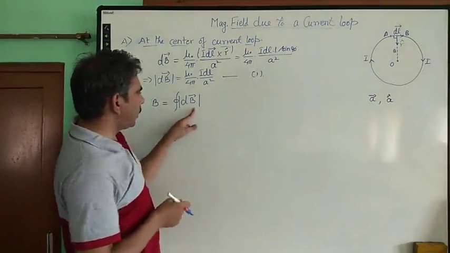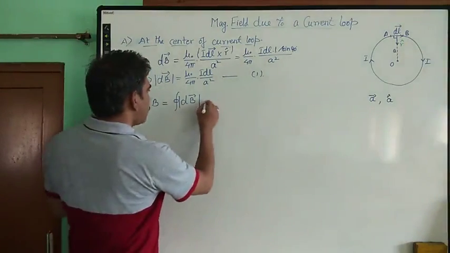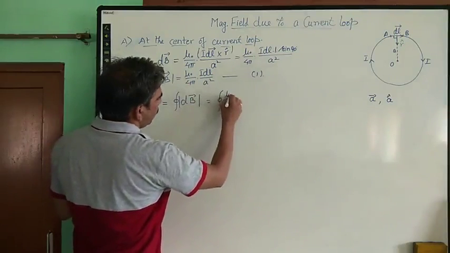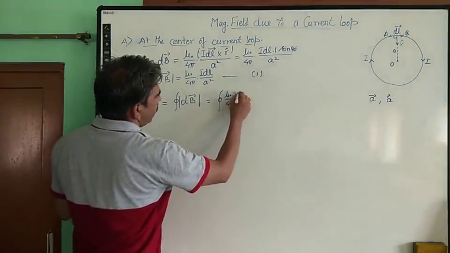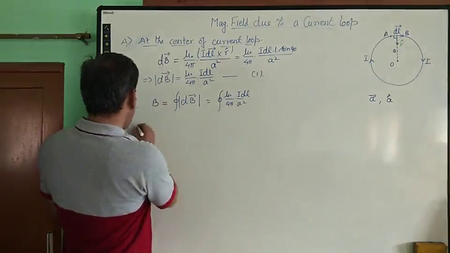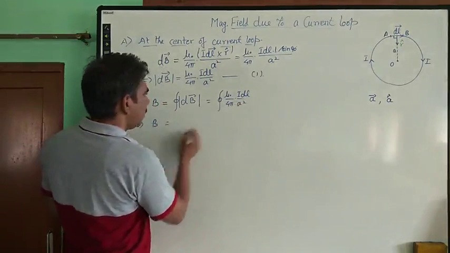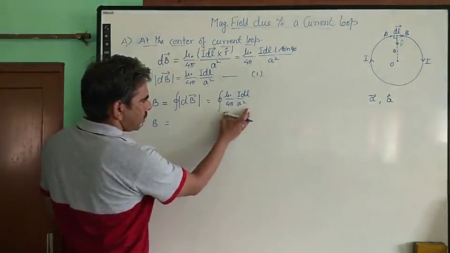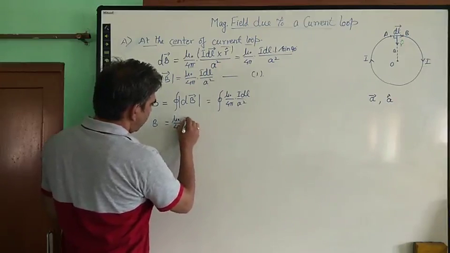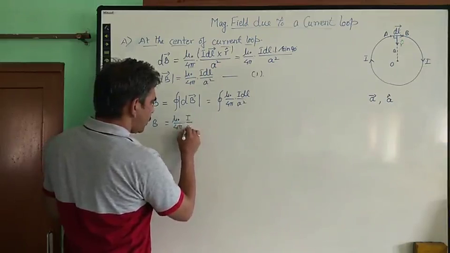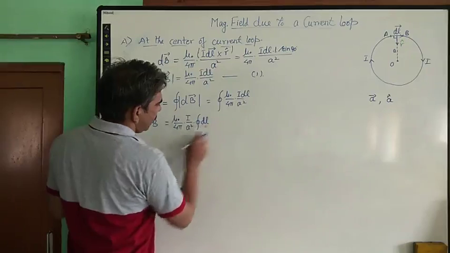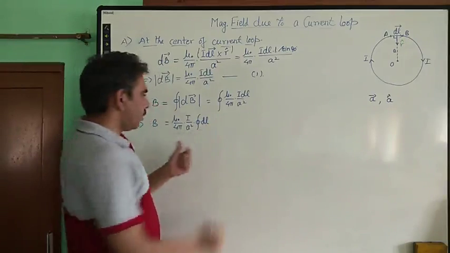So this is the closed line integral of this magnetic field. So this is equal to the closed line integral of, what is the value of dB? It is mu naught upon 4 pi into I dl upon A square. So this simply gives us everything which is constant. It comes out of the sign of integration, which is mu naught upon 4 pi into I, which is a constant current, upon A square, which is also constant, into, so what we are left with inside the integration is the closed integral of all such length elements.